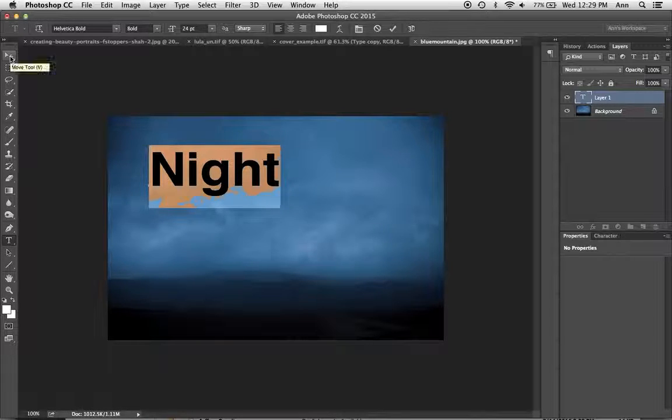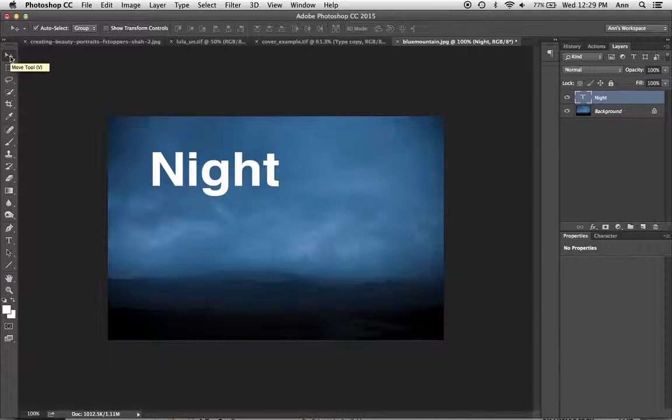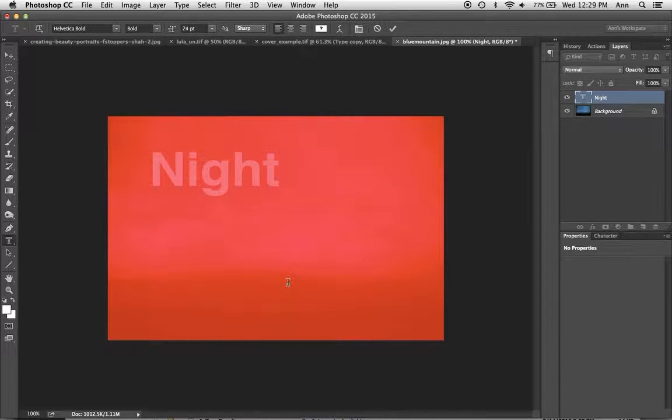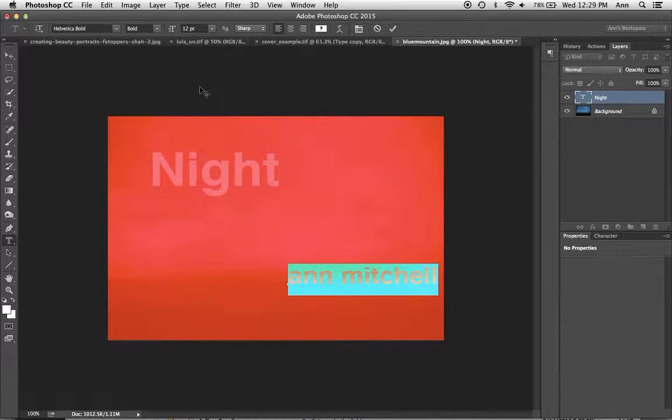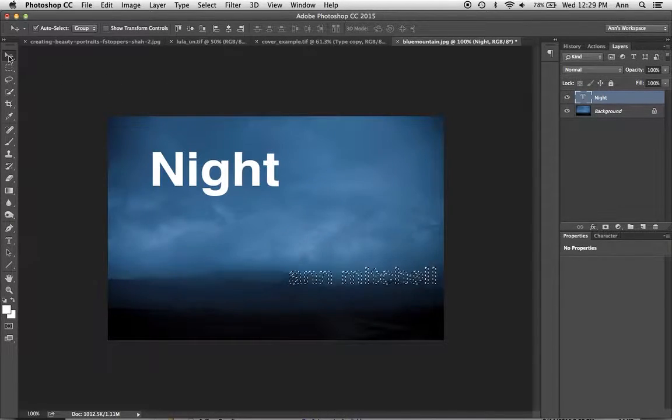I'm going to do something different now, so I'm going to select out of it. You have to click on another tool. I'm going to go back to it, and this time I'm going to hold down and show you the mask tool. And towards the bottom here, as soon as I click, you'll notice that things got red, and that's because it's a quick mask. So I'm not actually creating type. I am creating a shape or a selection. I'm going to make it a little bit smaller. I'm going to click out of it, and there is my selection icon.